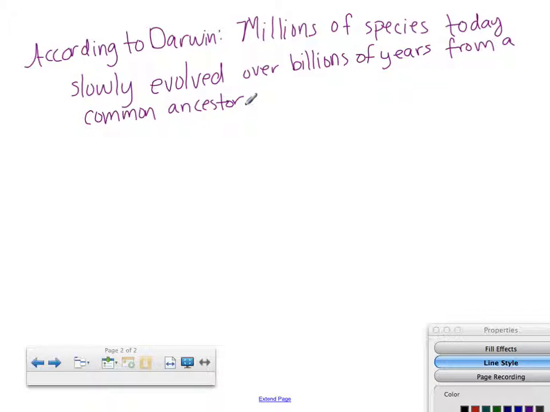Now we're going to be drawing a little chart. And again, like I said, if you don't have space on your front, I want you to start to draw it on the back. But first I'm going to write out what this chart is. So this whole evolution of species over billions of years coming from a common ancestor, this is represented